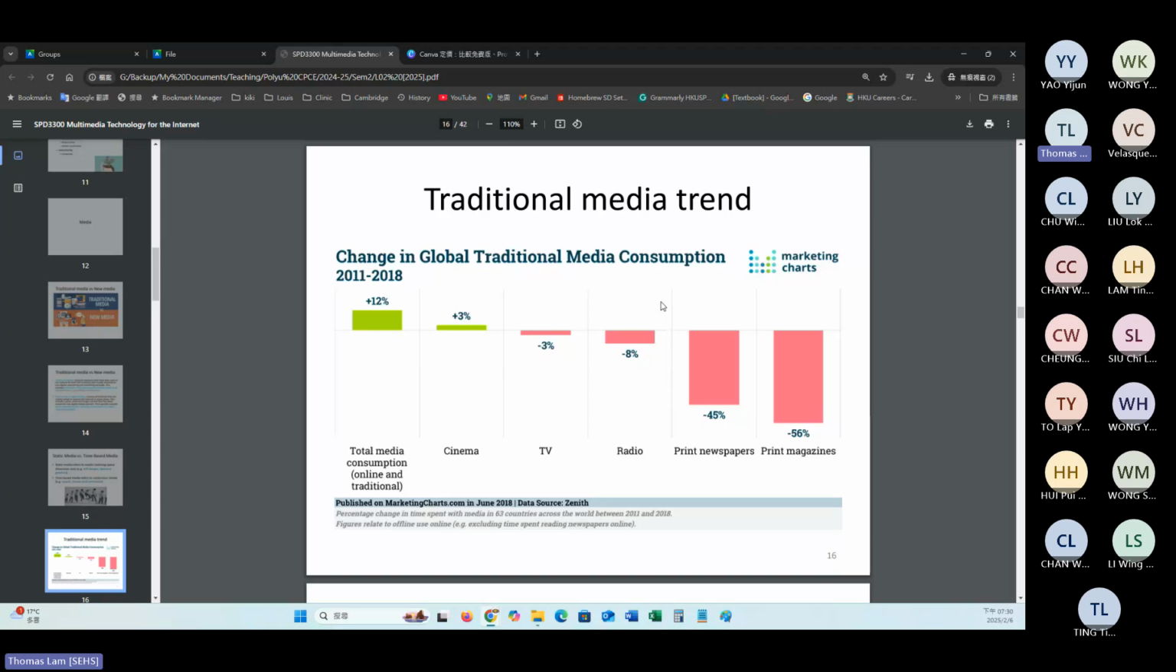And how about the TV and radio? How come the chart there shows negative? The negative percentage means the demand is on the decrease, that means a decreasing demand. If you ask yourself, when is the last time you watched TV or listened to the radio? Maybe it was a long time ago, because watching TV